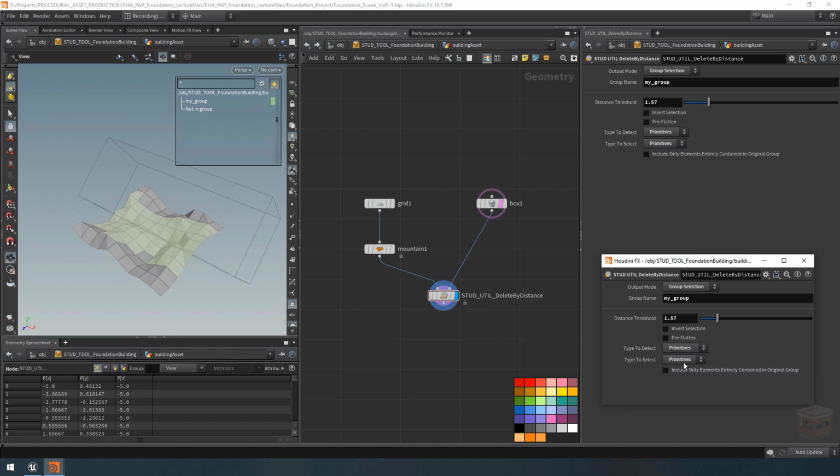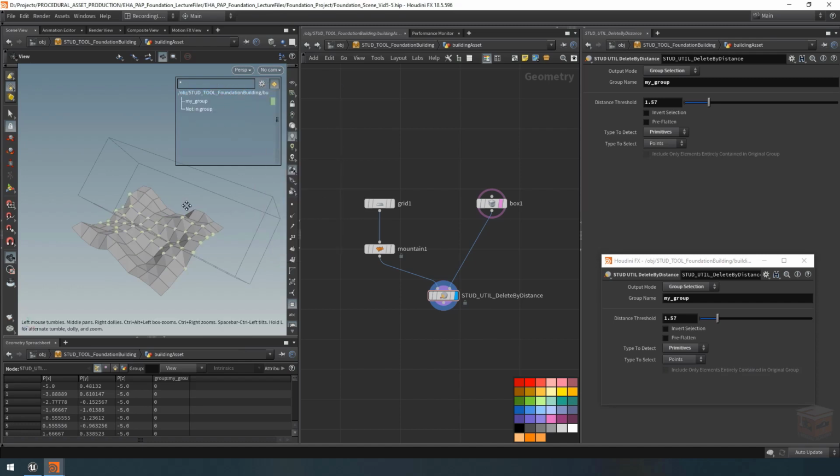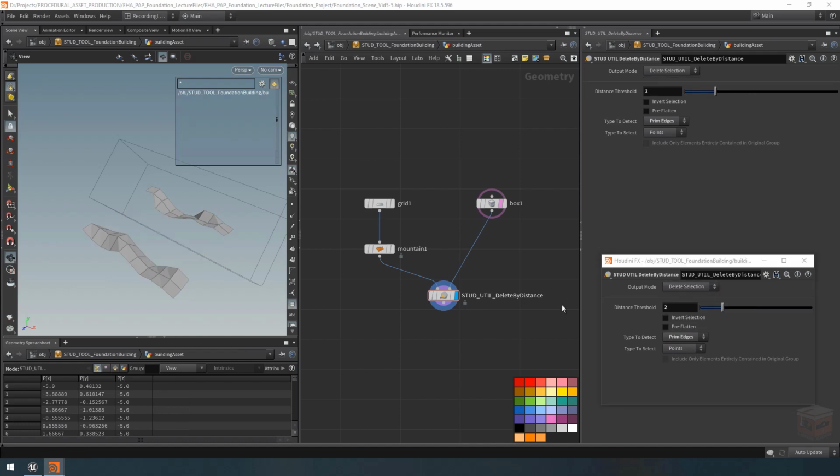Okay. Then let's switch it over to point mode. And we need to change our group visualizer for that. So with that, we have the same functionality. That all works. We can change it to point selection mode. Change it to primitive edges mode. And then let's try out the deletion function with that. So delete selected. Okay. Now you might notice that if you delete based on points, you do get some of these points left